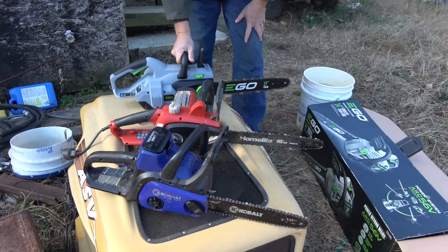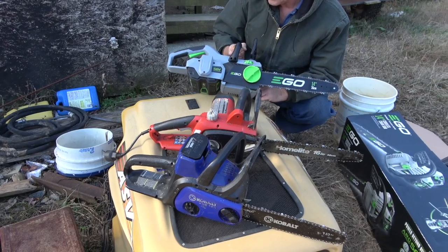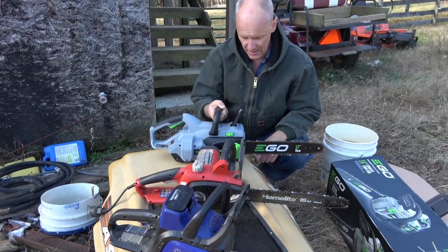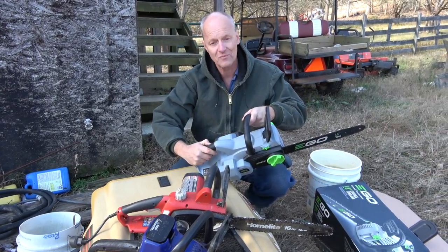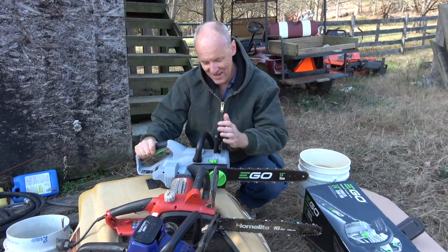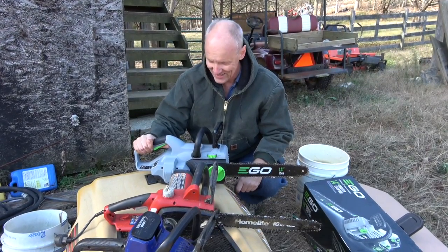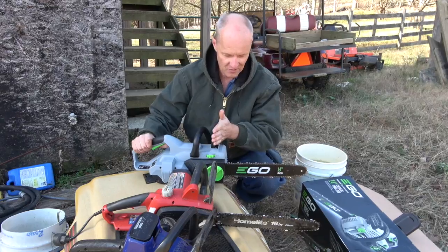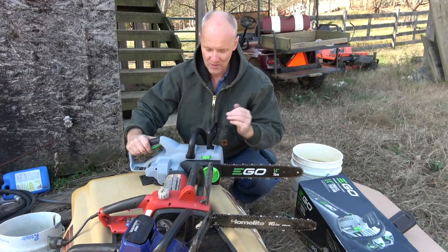The second one I bought, just got now, the Ego, had a problem with it. This thing here is a lock, and if you press the release button and the main button, nothing happens. And I thought the thing was broken fresh out of the packet. Had to read directions. Actually, my great help read the directions and found out that this piece right here that keeps the chain from coming back and cutting your hands up has a lock on it. So with it all the way back,